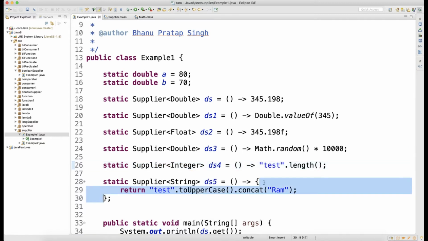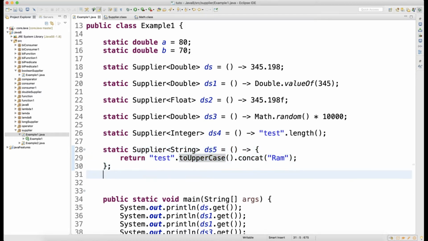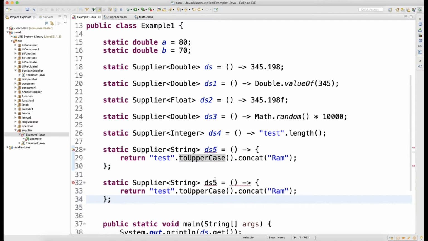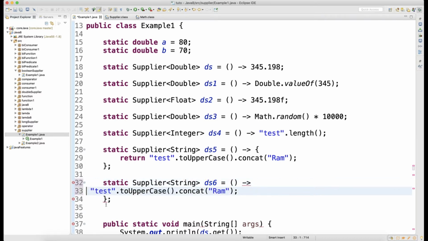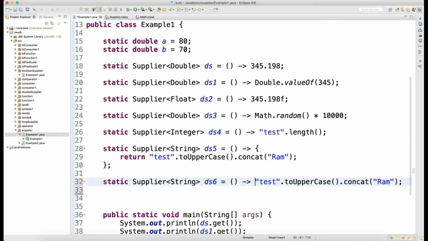Now you can see that there is another supplier which returns a string. So what I'm trying to do here is, in this parenthesis, I have this string. I'm doing .toUpperCase().concat with ram. The same thing basically I can write like this also. Since there is a single line, I don't need to write a return and all that, because it's a single line statement.